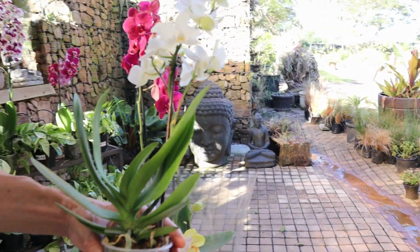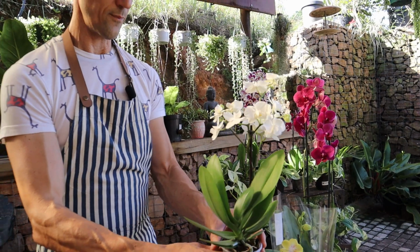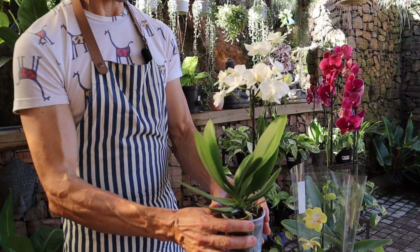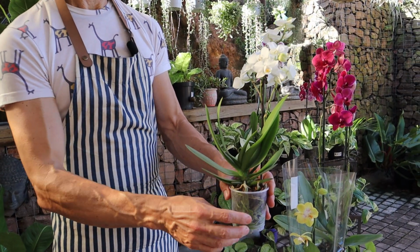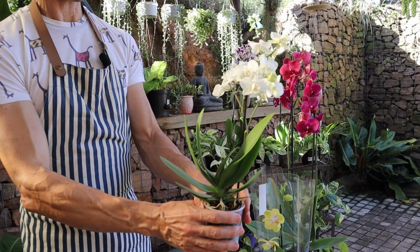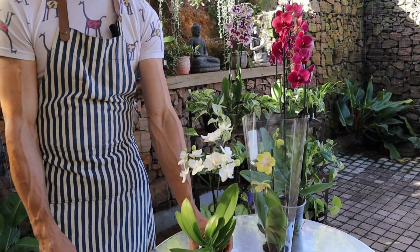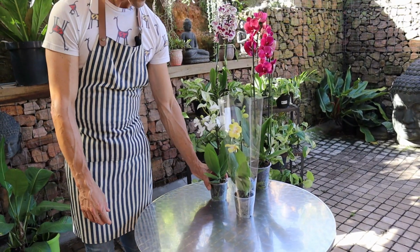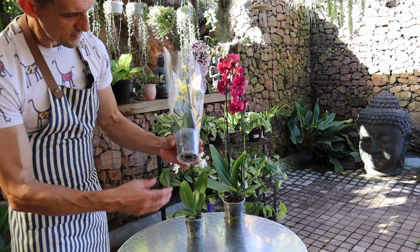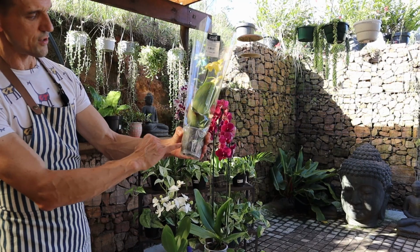but that can't always be avoided buying them mass-produced from the shop where they're just shoved up against one another. Eventually this leaf will be outgrown and will fall away and die, and I'll still have these most beautiful little white orchids. One of the other things we carefully look at is we look around the media, making sure that